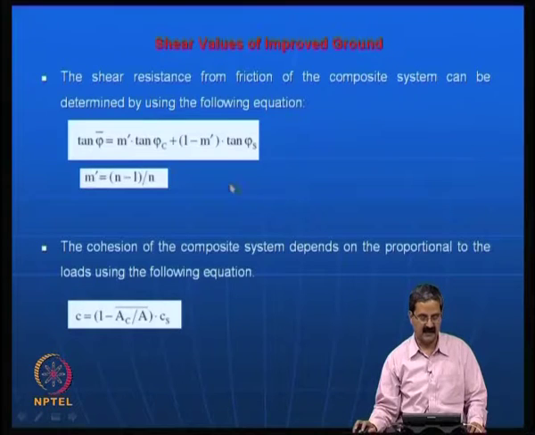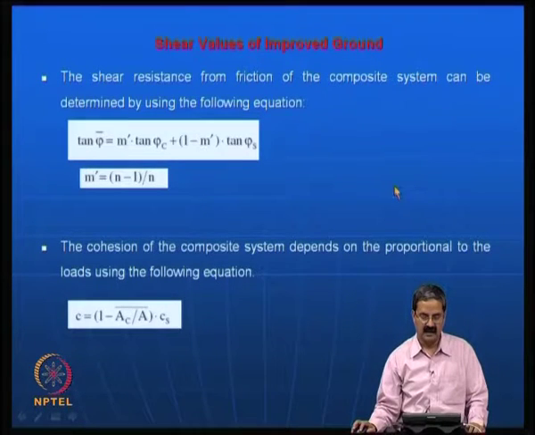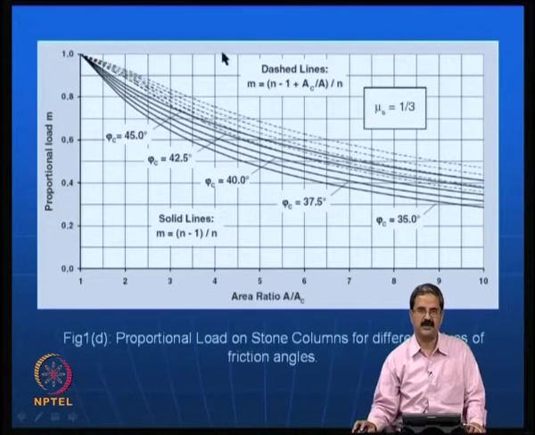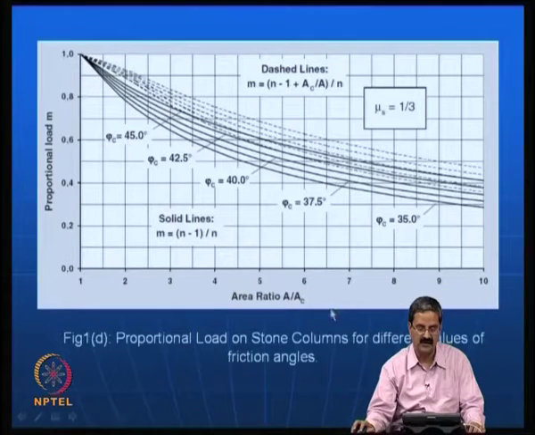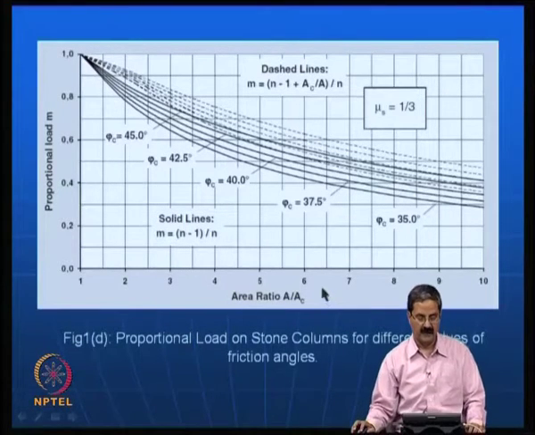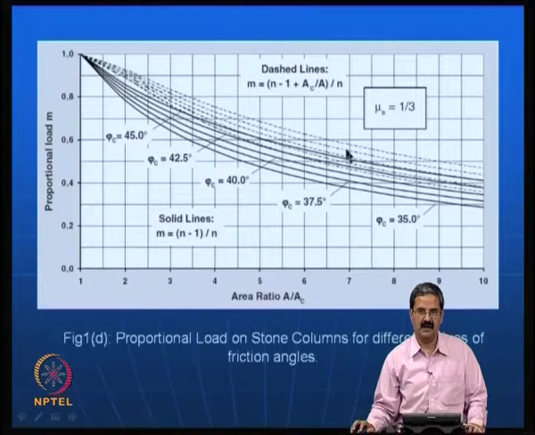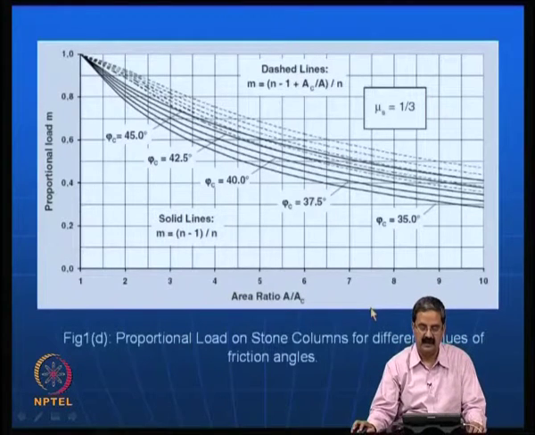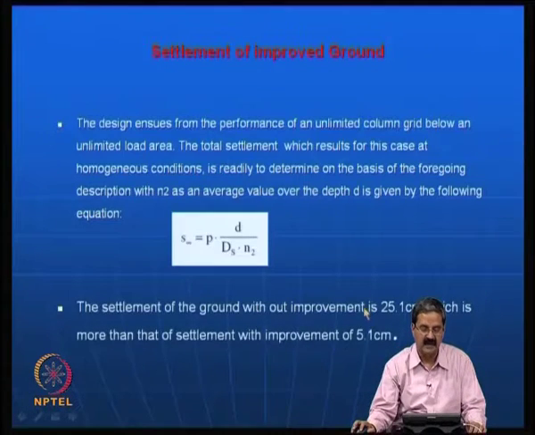And one can also calculate the shear strength properties of the improved ground, and there are some expressions given here: the improved value of friction angle, the improved value of cohesion, and all that. The proportional load that the soil can take is also a function of the area ratio, like how much of the total load is transferred to the stone column, again a function of phi and the soil area ratio. These are understandable ideas, and then he also has expressions for settlement calculations,